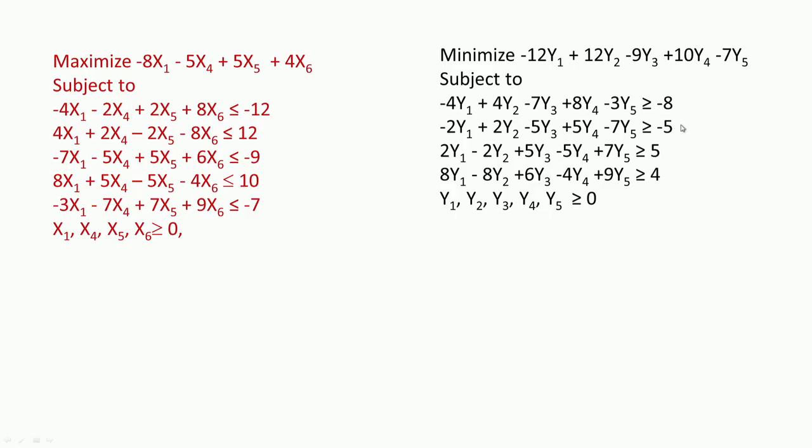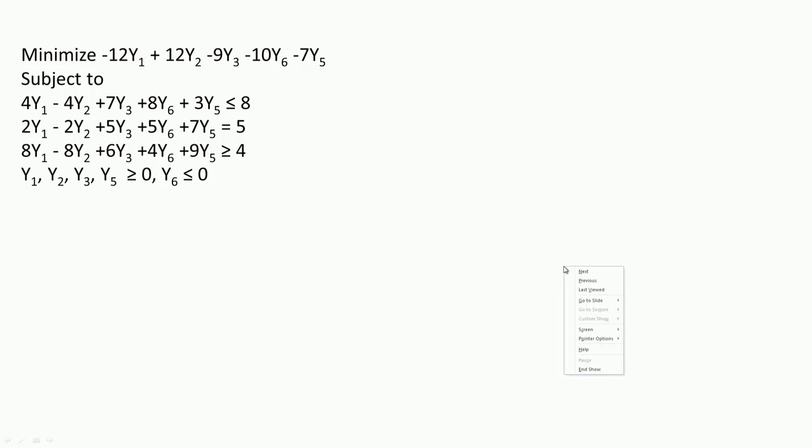Now, we need to do a few things. If we look at these two constraints carefully, if we multiply this constraint with a minus 1, we will get 2y1 minus 2y2 plus 5y3 minus 5y4 plus 7y5 less than or equal to 5. So, this less than or equal to 5 and greater than or equal to 5 will give us an equation. So, we do that. Now, that has happened here. Now, we also realize that